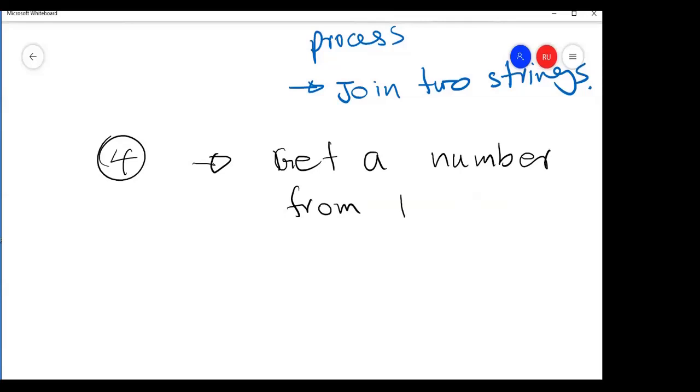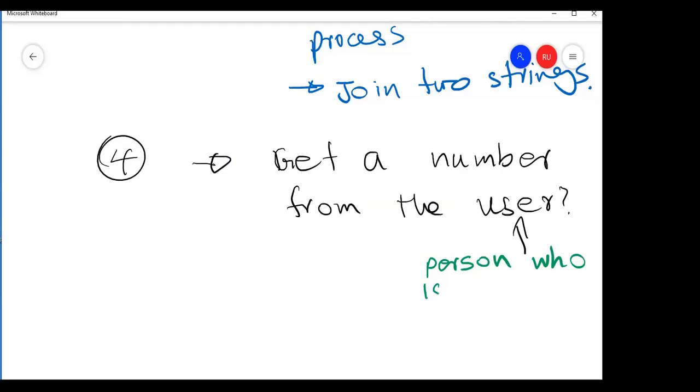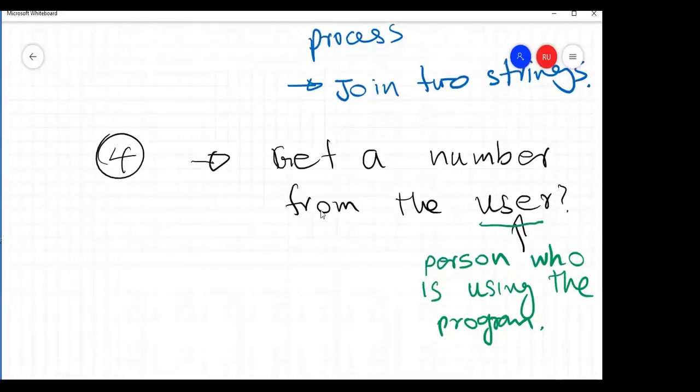The user means the person who is using the program. We call that person the user.